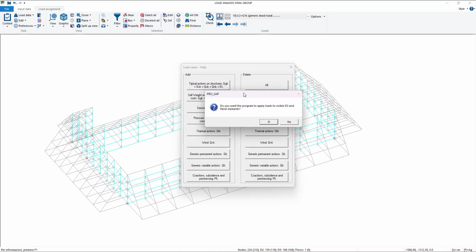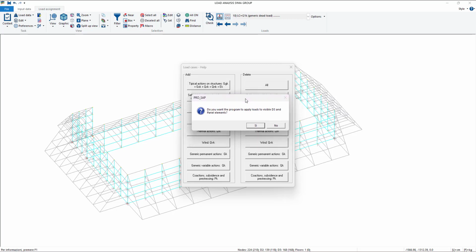The program is going to ask to apply loads to visibility free and panel elements. In this case, it doesn't change anything if we click yes or no, because in order to do that, you have to call the generic load with a specific name in order to use an automatism, but I prefer to show you the manual way to do that.